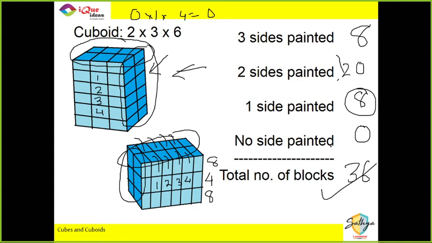Parnika, what is our formula for 0 sides painted? You subtract 2 from the originals. 2 minus 2 is 0, 3 minus 2 is 1, 6 minus 2 is 4. 0 ones are 0, 4s are 0. So technically there is not a single piece with 0 side painted because there is no middle layer. Right? Every side must have a middle layer, तभी जाके 0 वाला बनेगा. कोई भी एक पर्टिकुलर साइड 2 का है तो उसमें कोई मिडिल पीस नहीं होगा. एवरीबॉडी गॉट दिस वन? गुड.